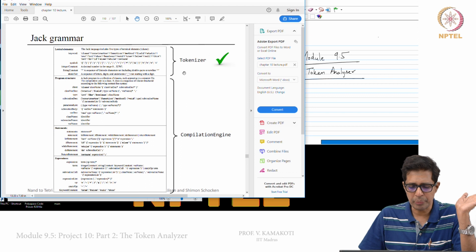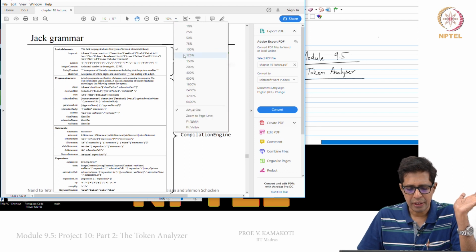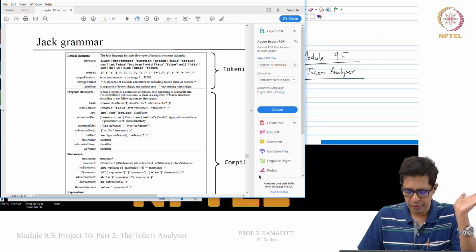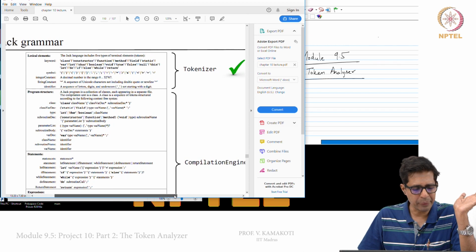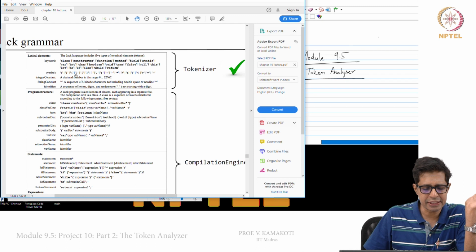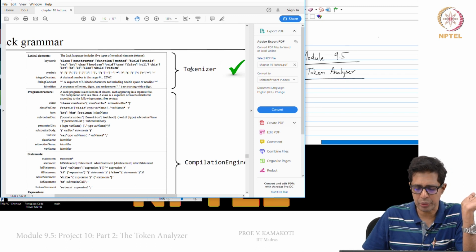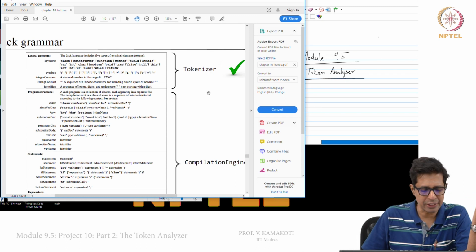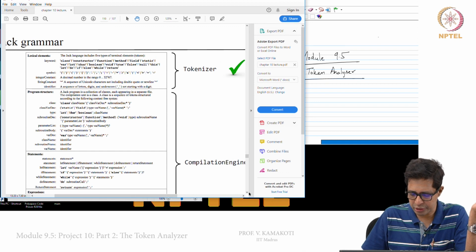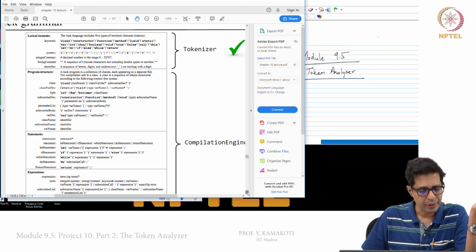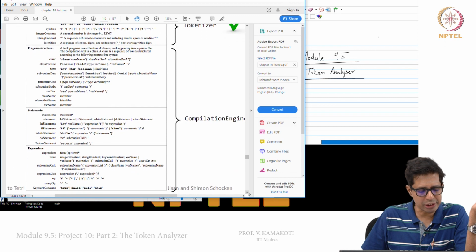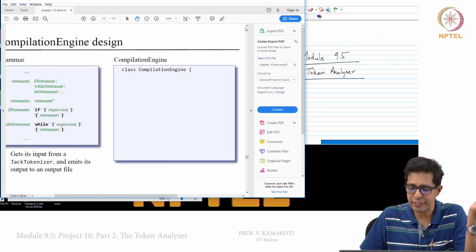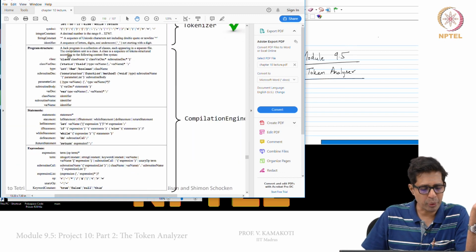So here it is. All these lexical elements have been used by a tokenizer, which we have done. The remaining 3 parts of the story, namely these rules, have the program structure.